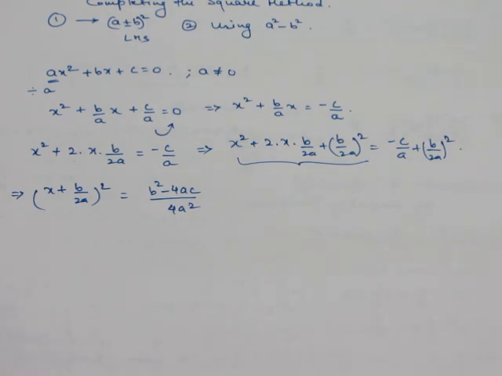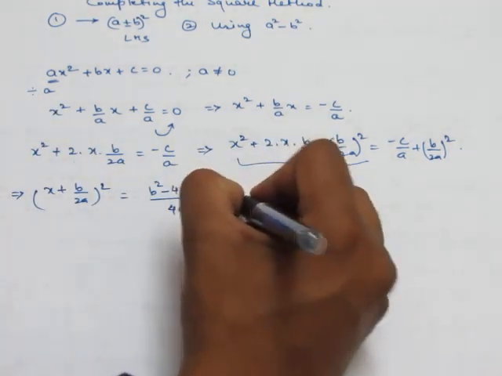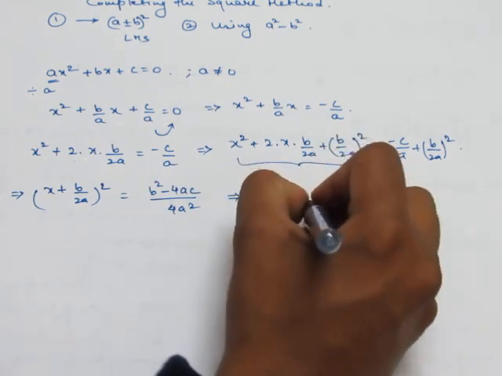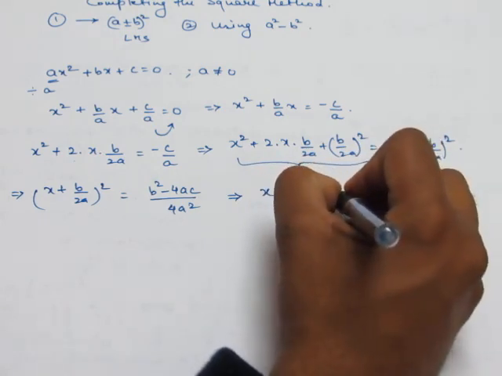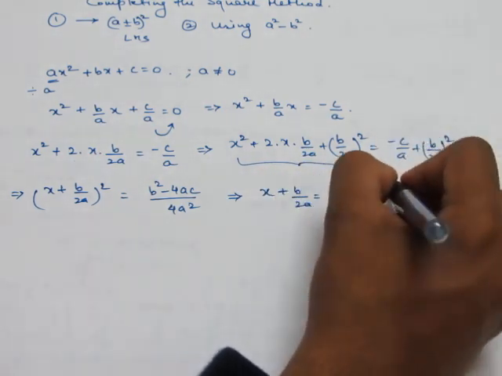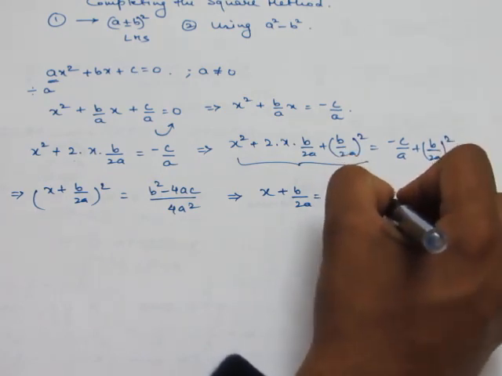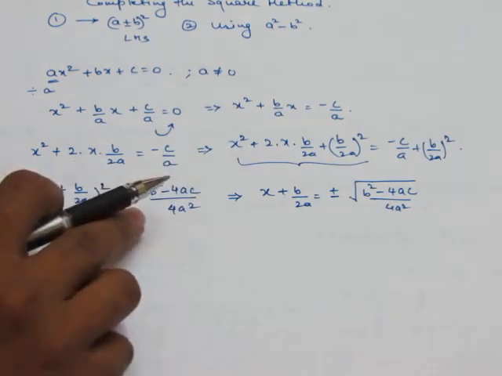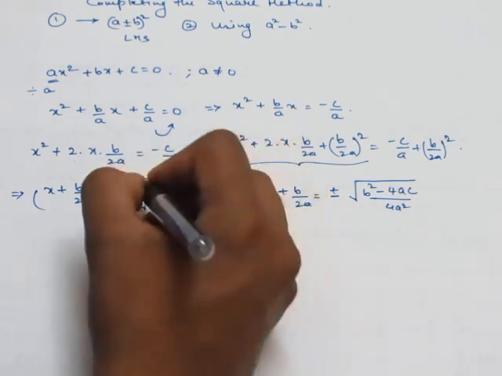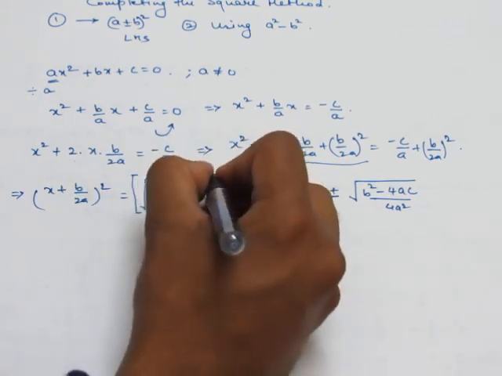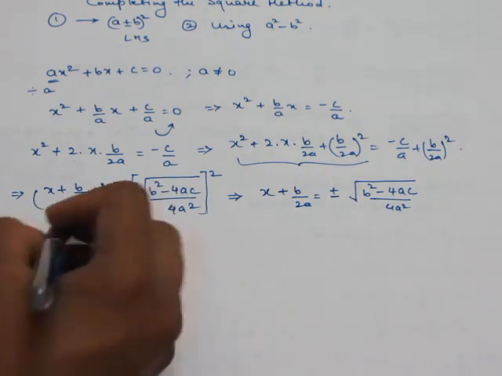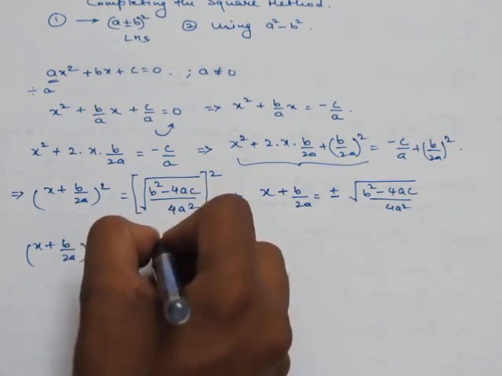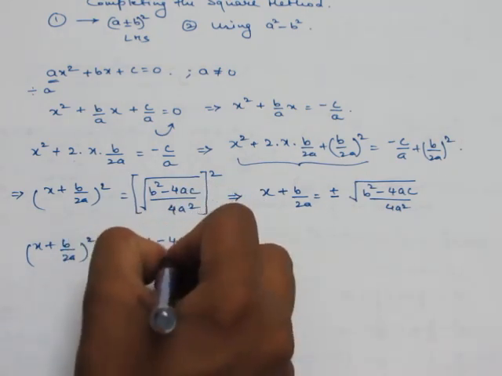Taking root on both sides, we get x plus b upon 2a equals plus minus root of (b square minus 4ac) whole upon 4a square. You know why this plus minus came? Because what I can do, I can put a root in this and make it a perfect square, and I can write (x plus b upon 2a) whole square minus (root of (b square minus 4ac) upon 4a square) whole square,